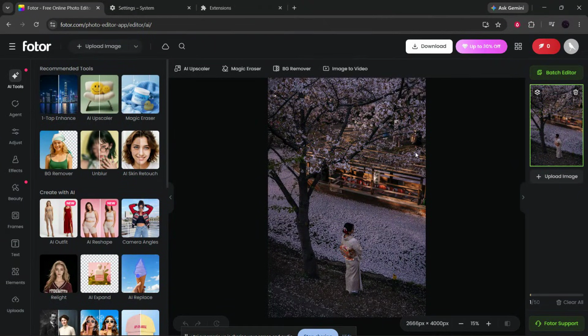If your photo download failed or you keep seeing export errors like code 1 or code 2, don't worry. In this video, I'm going to walk you through the most effective fixes so you can get your design downloaded successfully without wasting time guessing. This is especially helpful if Fotor gets stuck during export, your file won't save, or the download just keeps failing